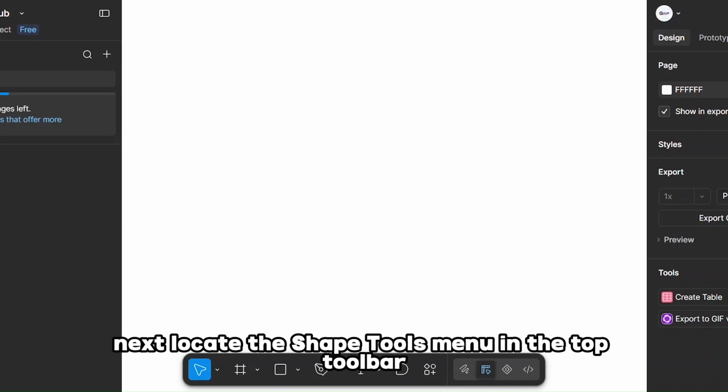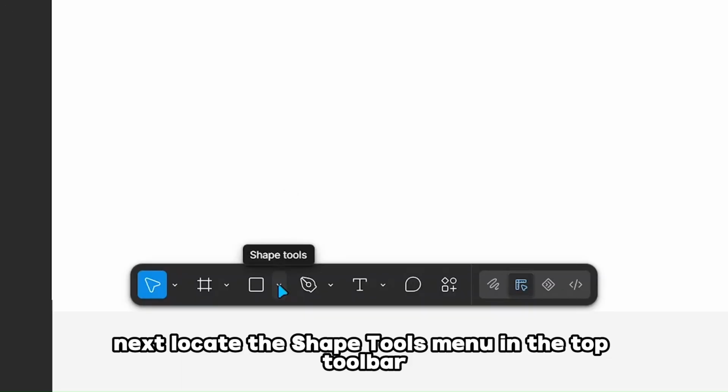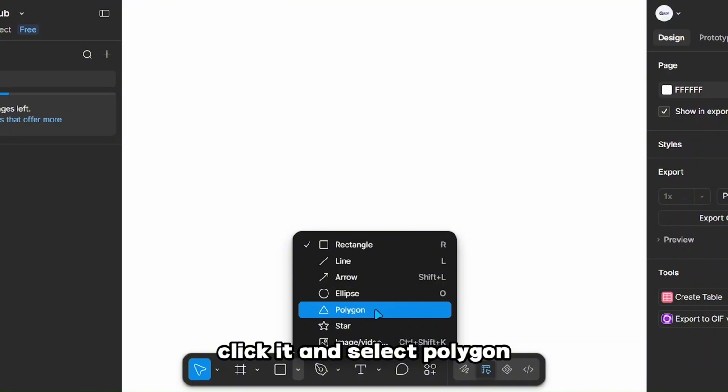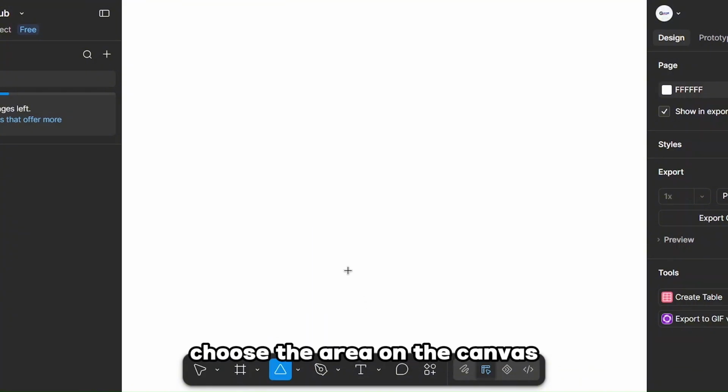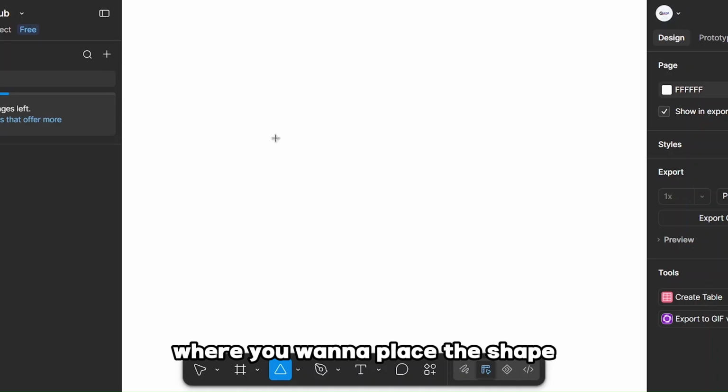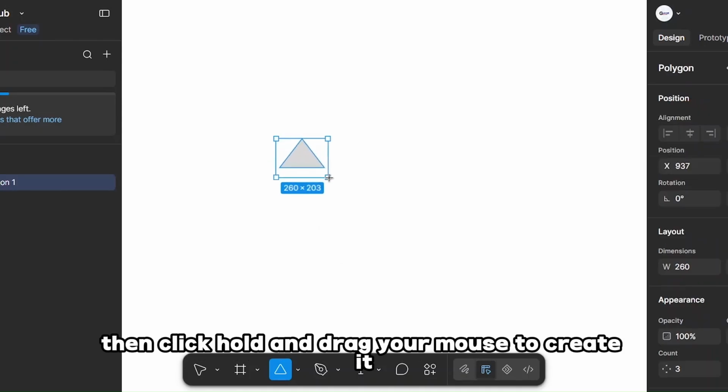Next, locate the Shape Tools menu in the top toolbar. Click it and select Polygon from the available shape options. Choose the area on the canvas where you want to place the shape, then click, hold, and drag your mouse